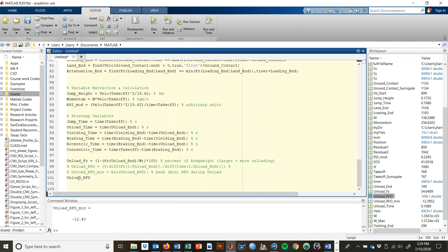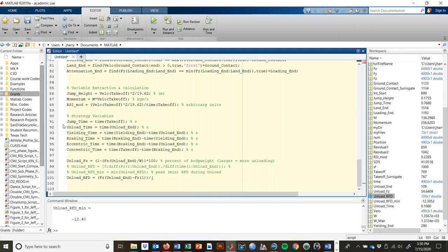So I'll create a new unload RFD, and this is simply going to take the difference in the force values during the unload phase and divide it by the difference in time during the unload phase. So it's going to be a much more simplified variable that still shows some strong relationships to overall jump performance. So what we're going to do here is open a parenthesis, and we're going to go FZ, unload end. We're going to subtract FZ at 1, because that's the start of the jump. We'll close those parentheses, and we will divide by,